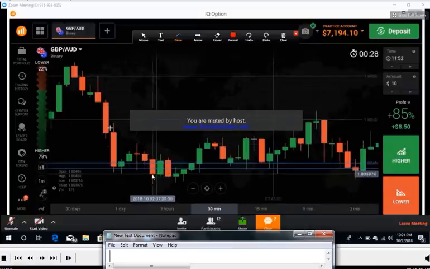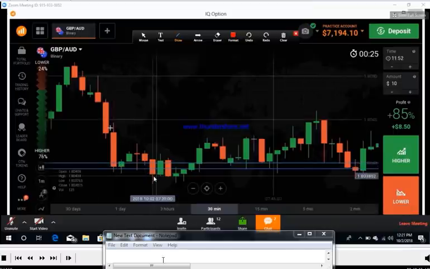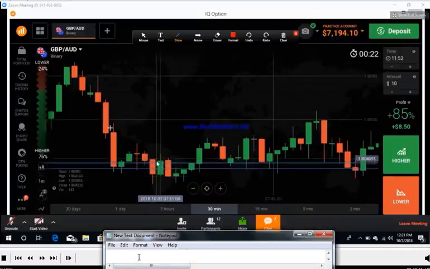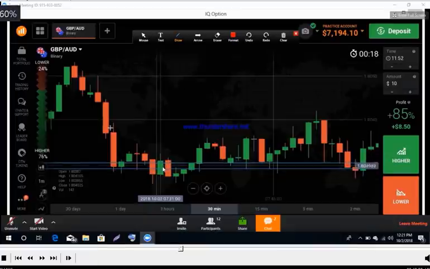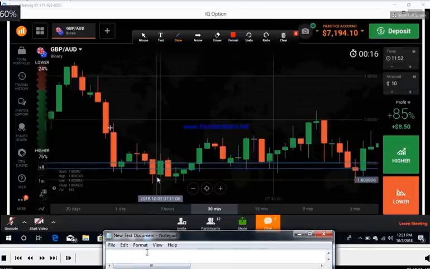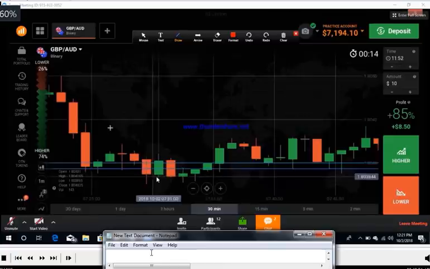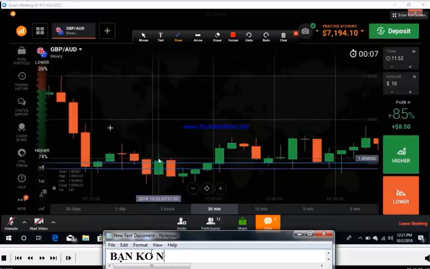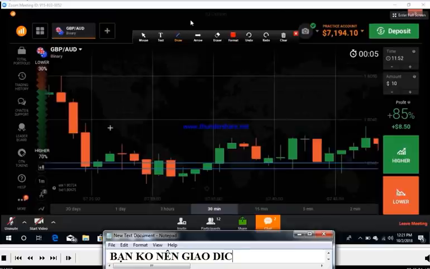Okay, you can see this is the breakout candle, right? You can't trade quickly on the next candle. You can't take this as a resistance for this candle, because if this is a fake breakout, it may go up and it may close as a strong bullish candle, right? Okay, just wait.